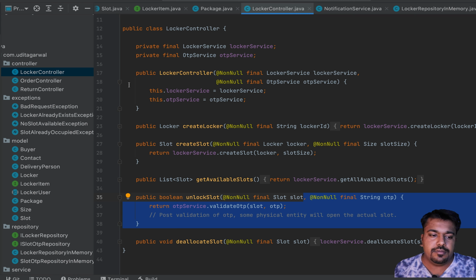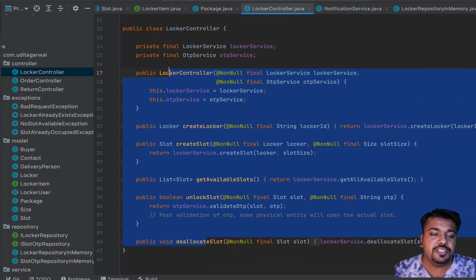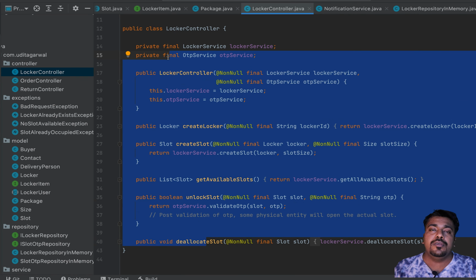Like, you can create multiple controllers depending on at which area you want to break. Do you want to keep the single responsibility here as a locker, or do you want to break the single responsibility of slot out of this? So I have kept both the things into one because the class is right now small, the responsibilities are small. I thought it does not make sense to break lockers and slots into different classes.